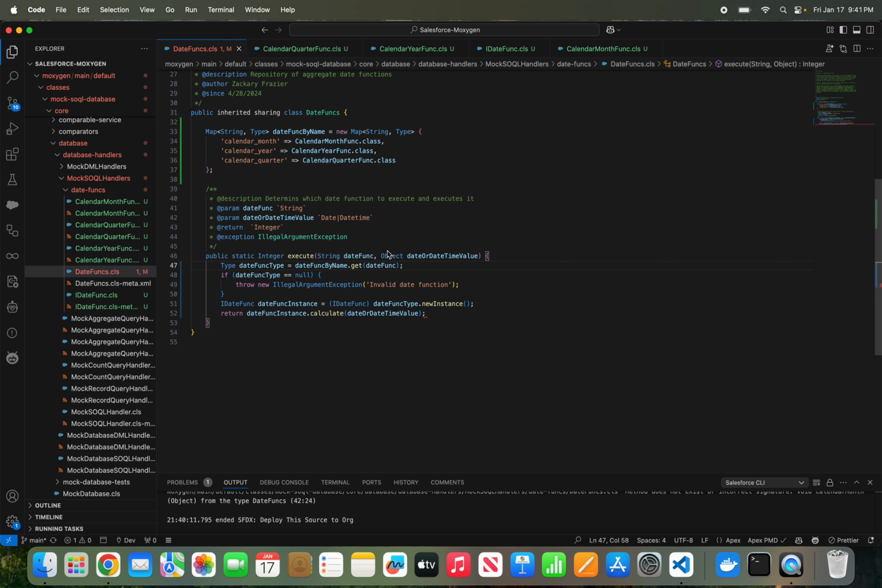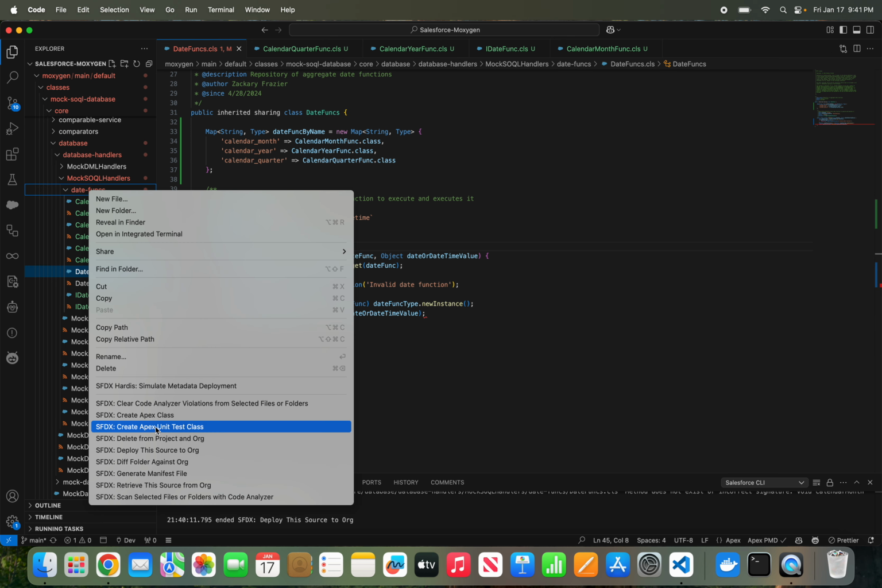So now all of the logic of each individual date function has been moved out into its own class, and it's all modularized. Now to take this a step further, to do the strategy factory pattern, as is described in the blog post, what you can do